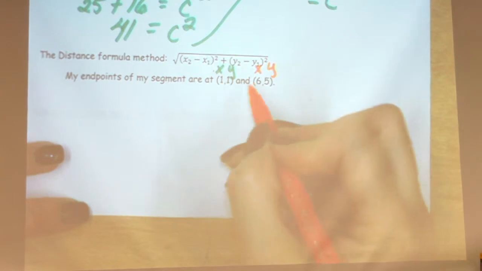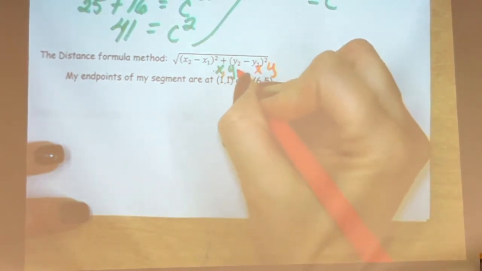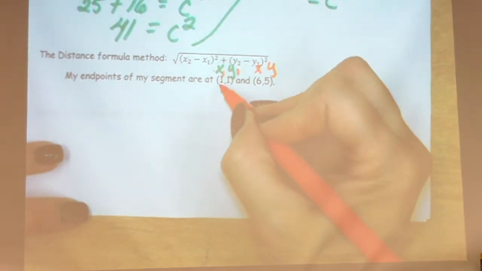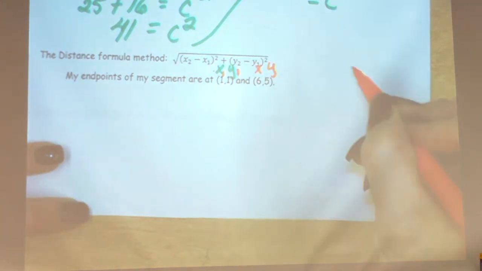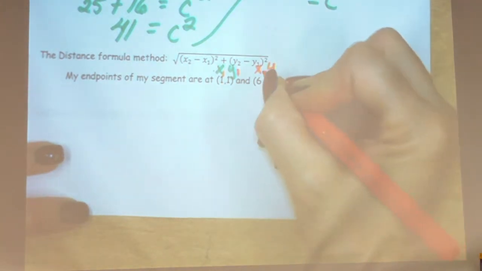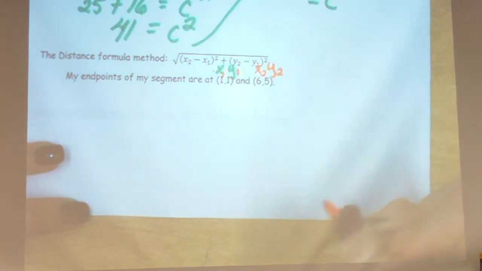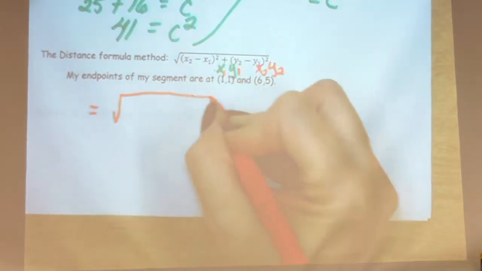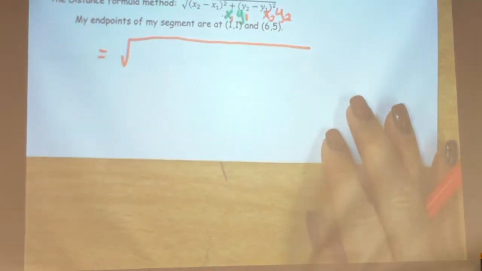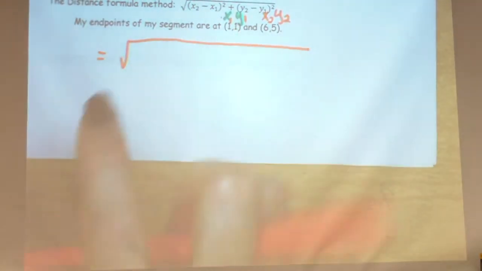Okay, now the first point I have, I just call that x1 and y1, because your first number is the x value and your second number is the y value. For the second point, I'll call it x2 and y2. Okay, then we're going to simply plug in everything into our formula. So I'm going to have a large radical symbol,